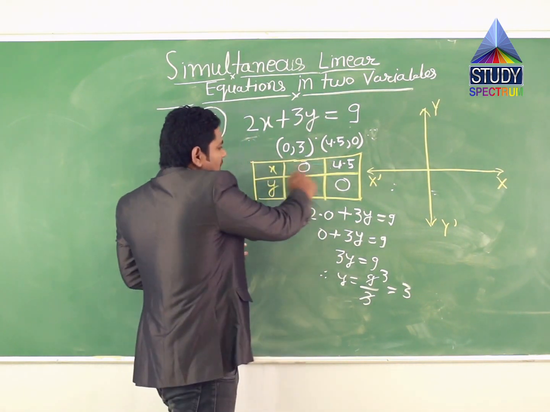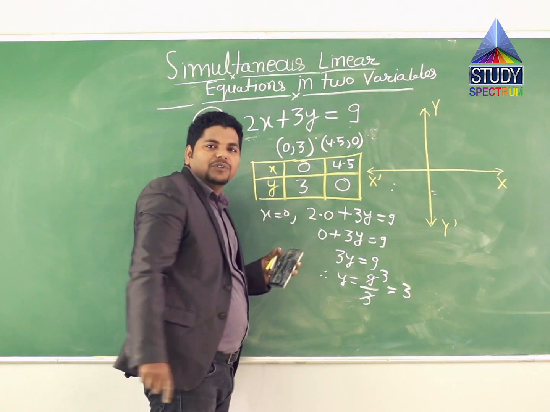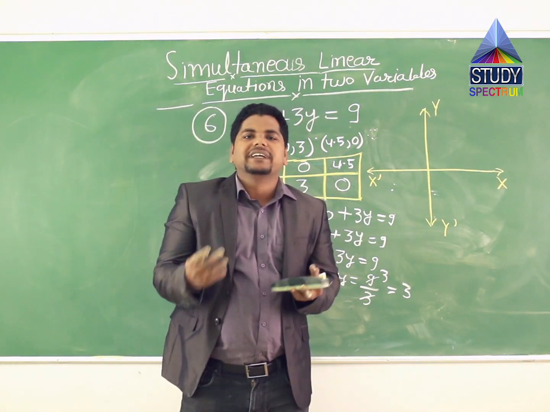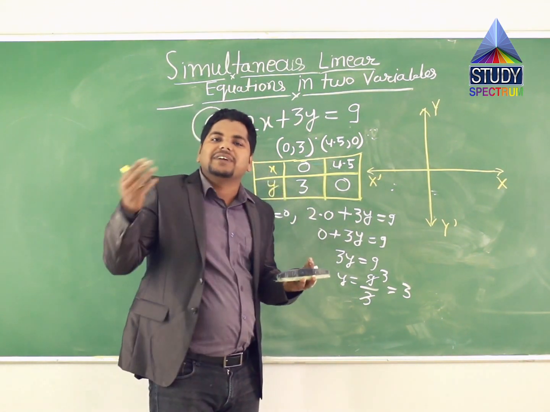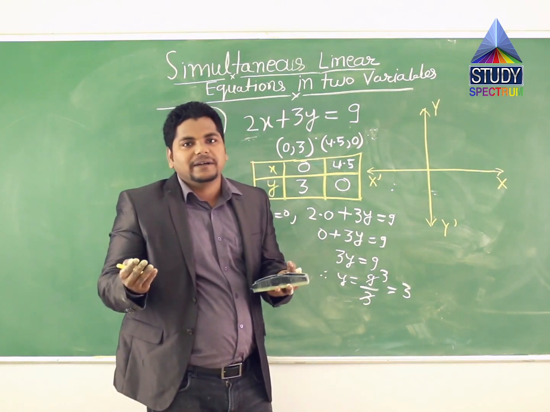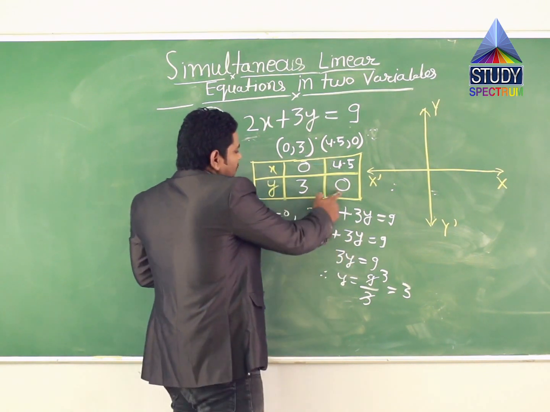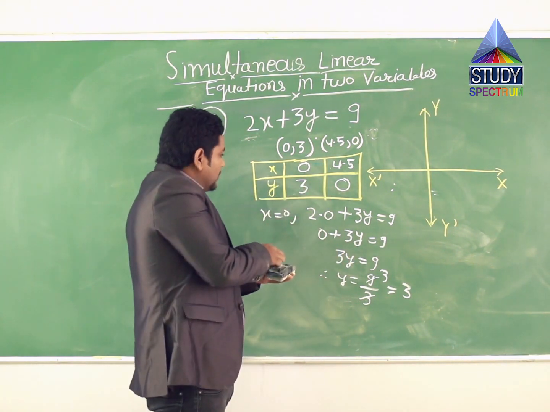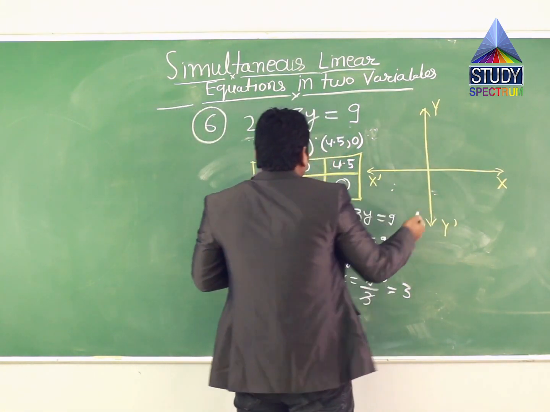Now we'll come to the points. Here in x we have reached up to 4.5, so we will take till 5. We can take more than 5, till 6, 7 and 8 is not required, but you can take. There is no restriction on that. Now in y we have till 3, so we'll show the points on the x axis and y axis.